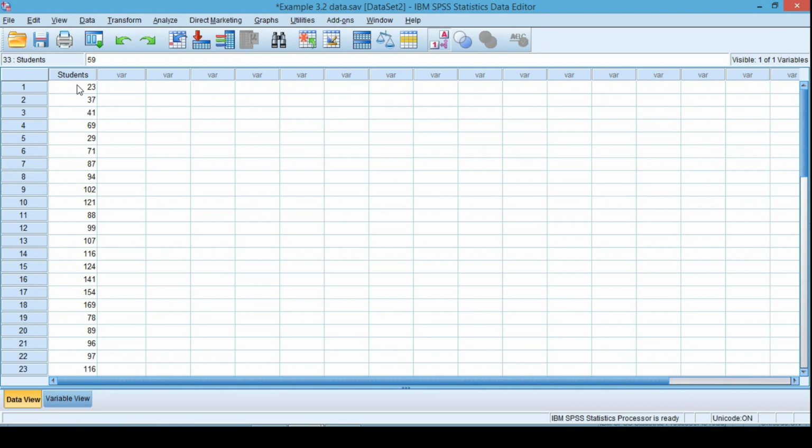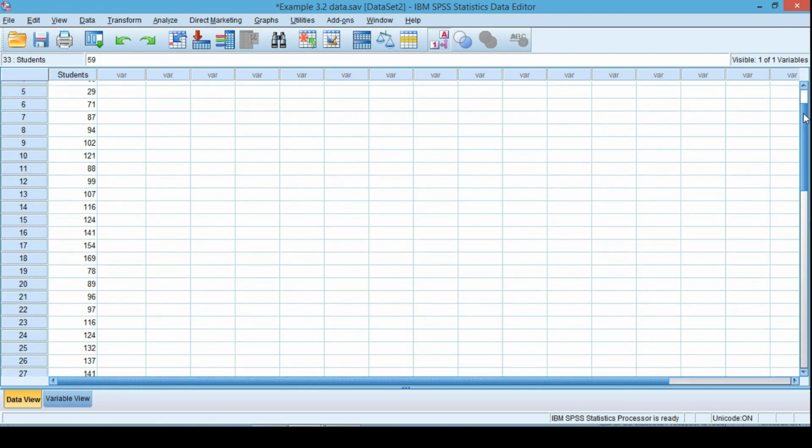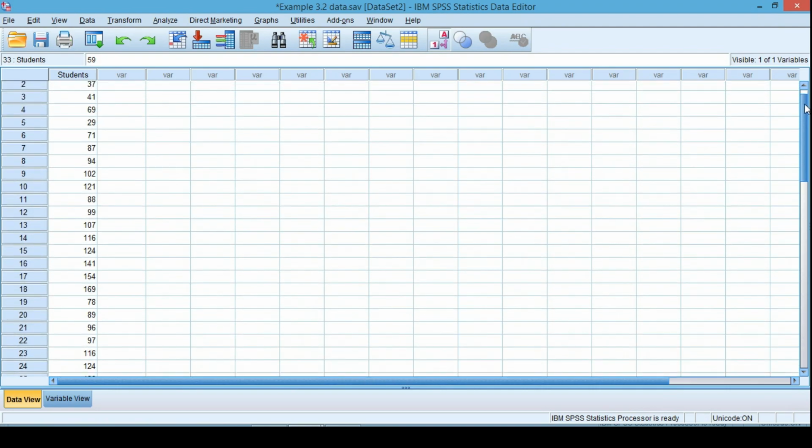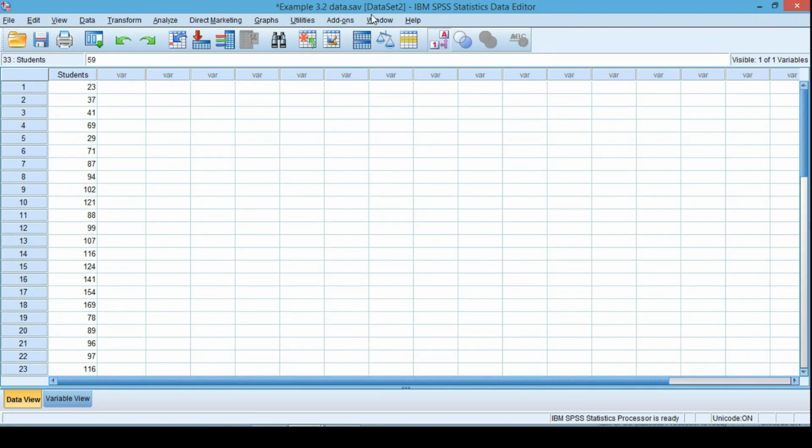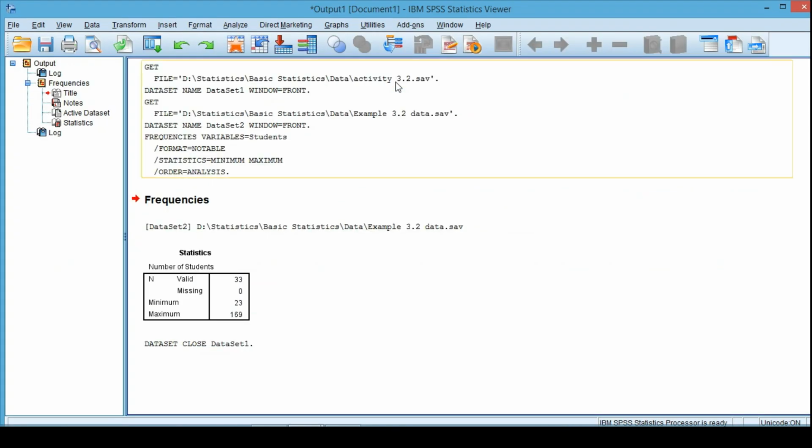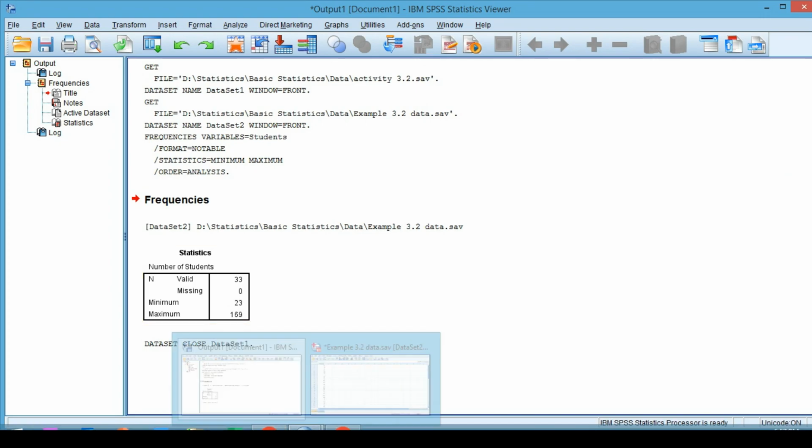Okay, so first of all, I should know what is the maximum and minimum value before I choose class intervals. So actually, I have calculated that in SPSS. So the minimum value is 23 and the maximum value is 169. Okay, so I am going to